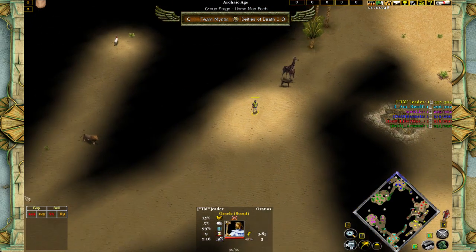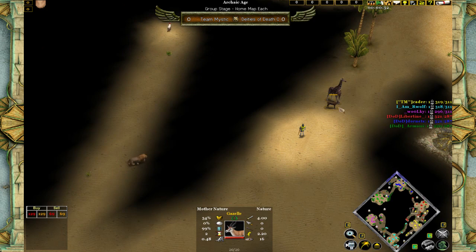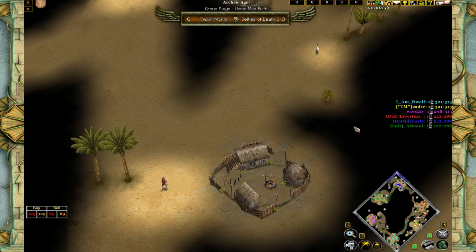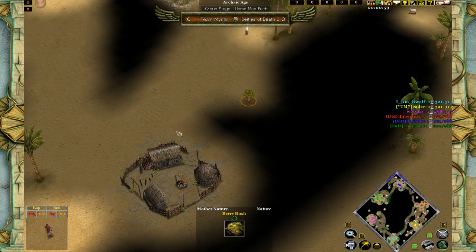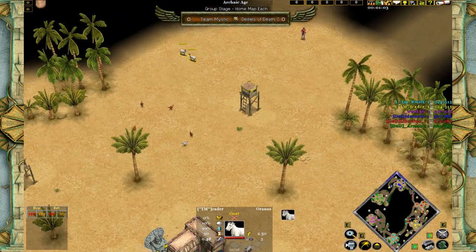And already a bit of scouting going on through the oracles, and he has already found that there's going to be giraffe together with gazelle and a few extra, like the lion in there, just getting into the darkness, and a few berries in here as well. So far, pretty much a decent map for all players involved, and looking at the town centers,